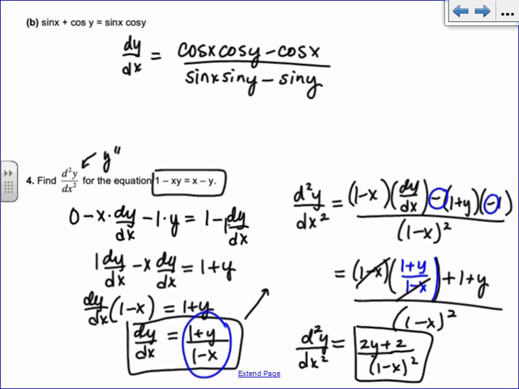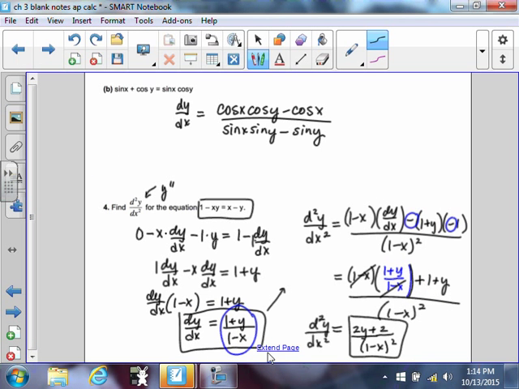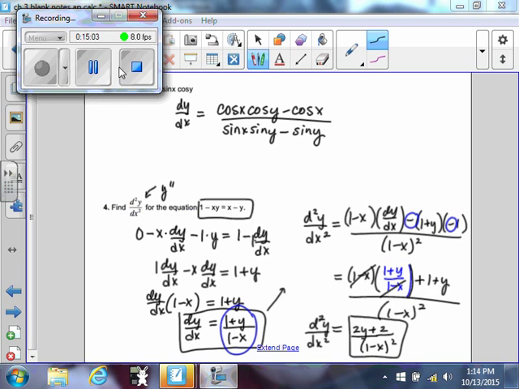All right, so that's a quick review of our implicit differentiation. Do you guys all remember how to do that? So remember, you guys do have homework for tonight. You have that worksheet that I gave you, but that's not due until after fall break. So how many of you guys